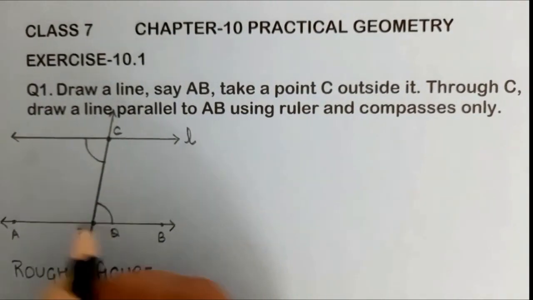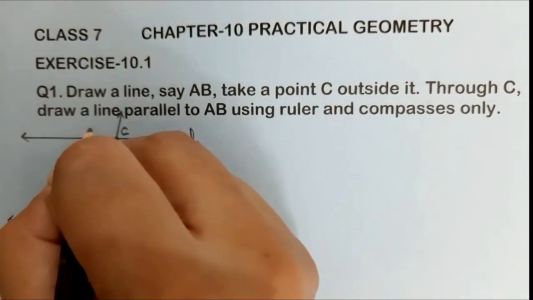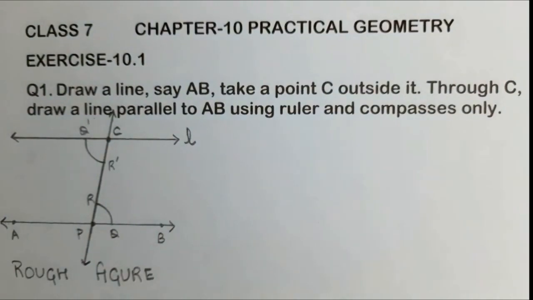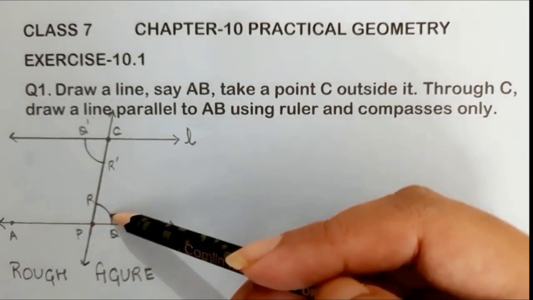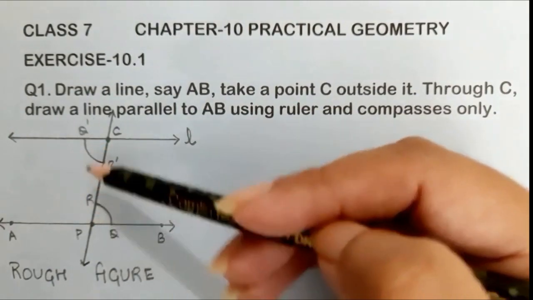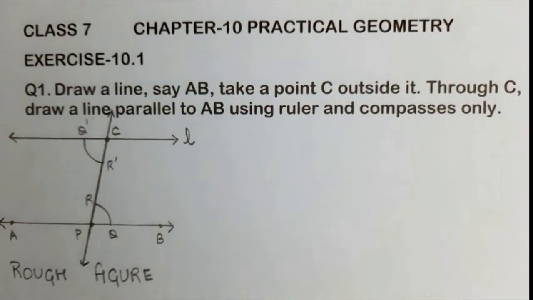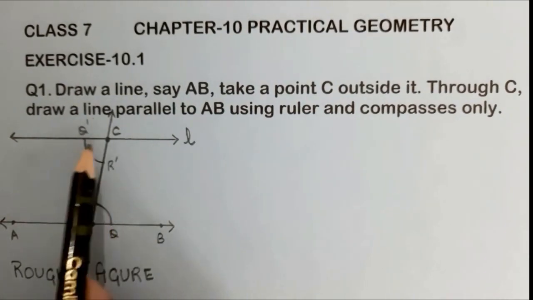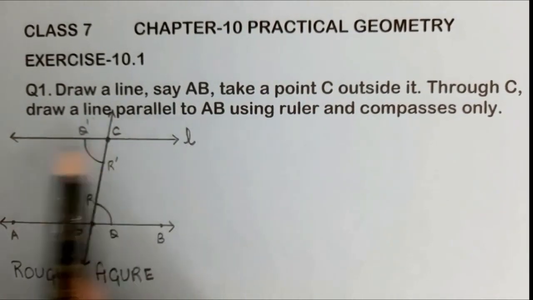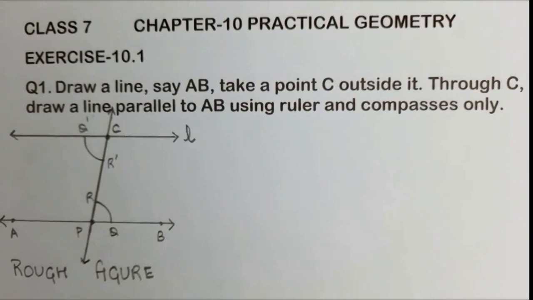So if I name it like this, PQR, I can label this point as R dash and this point as Q dash, because if I know the value of this angle, I will be able to construct the copy of this angle over here. And once I construct the copy, that means I have constructed the angle with the same value, and it gives me a scope that now if these two angles have been constructed equal, then the line that will be drawn through this point C and Q dash will definitely be parallel to the line AB. So we are applying the concept in the reverse direction. Now let's start the main construction.